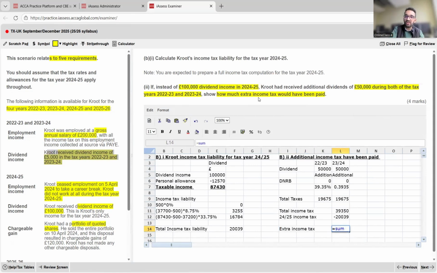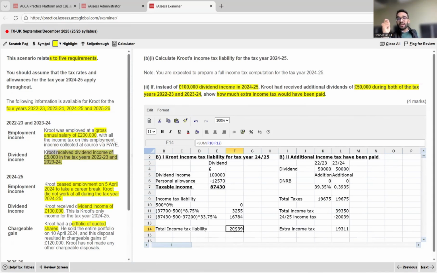This is the extra income tax. You will get 4 marks for it. Now, this is called tax planning. Right now, in 24-25, he has received a dividend of 100,000. He has paid this amount of income tax. What if that same 100,000 he had received in the past 2 years as 50,000,